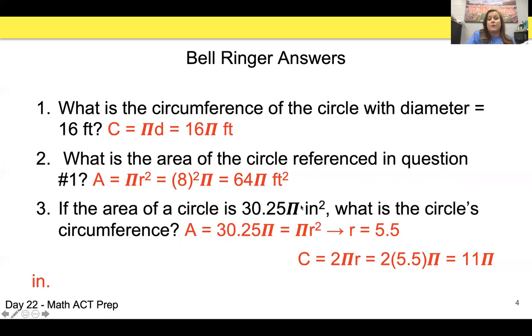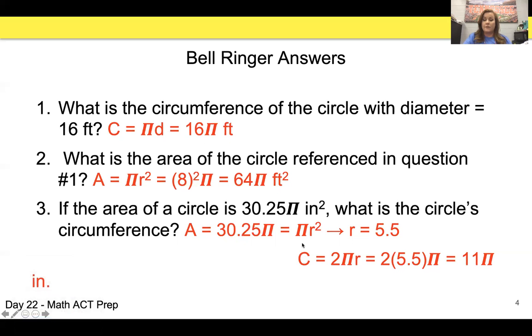Now, this was one of your exit tickets. I should be able to give you the area of a circle or the perimeter or circumference of a circle, and you should be able to calculate what the radius is. So here, you have the area is 30.25 pi. We know the formula is pi r squared. So I can divide,